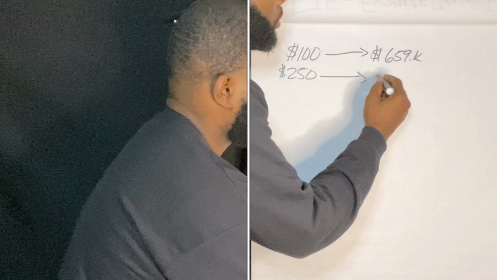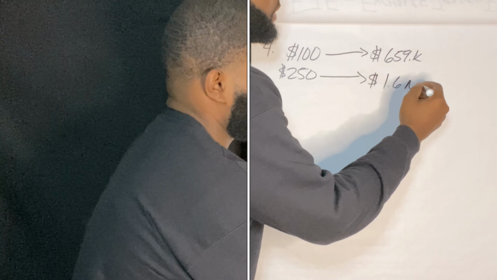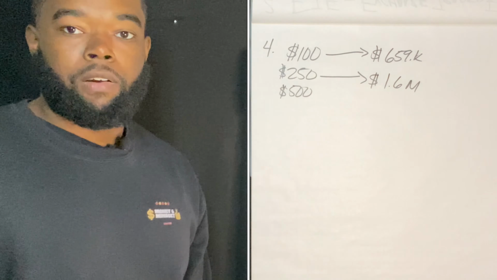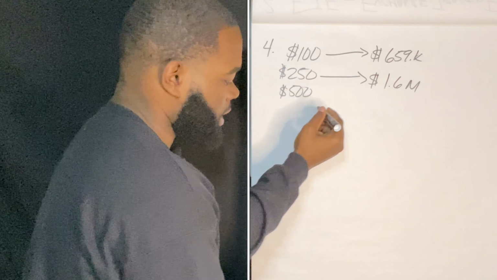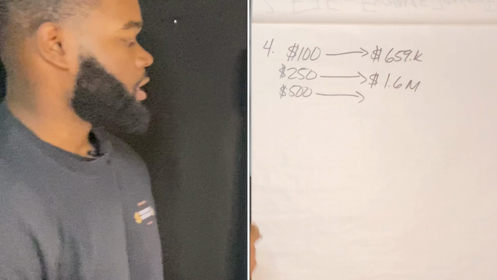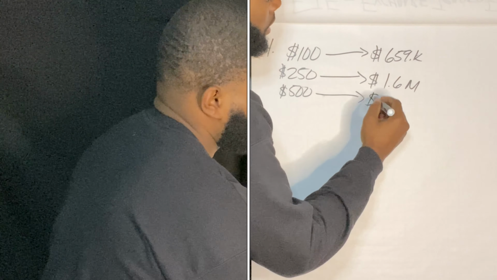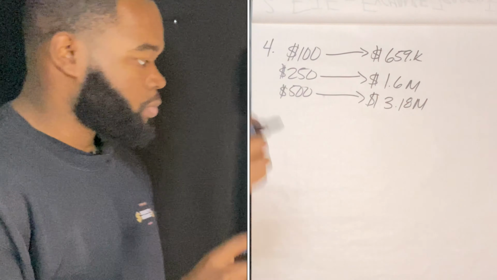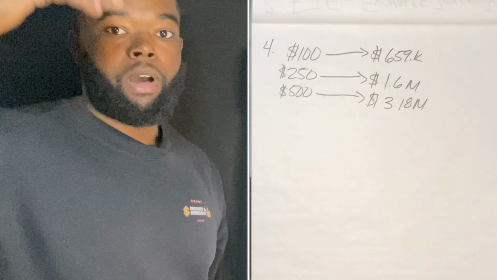That's going to turn into, check this out, 1.6 million. So now let's say you do $500 a month. Okay, you are now fully funding your Roth IRA, $6,000 per year under 50 or $7,000 per year over 50, right? So investing $500 per month, assuming everything stays the same, that could turn into 3.18 million. That's what everybody should be striving to do. Okay, that's going to give you the ultimate upside.